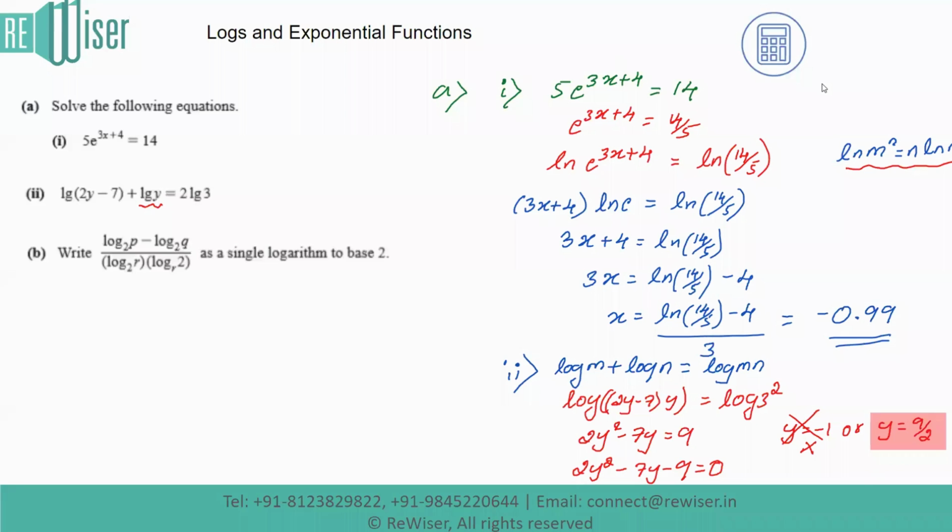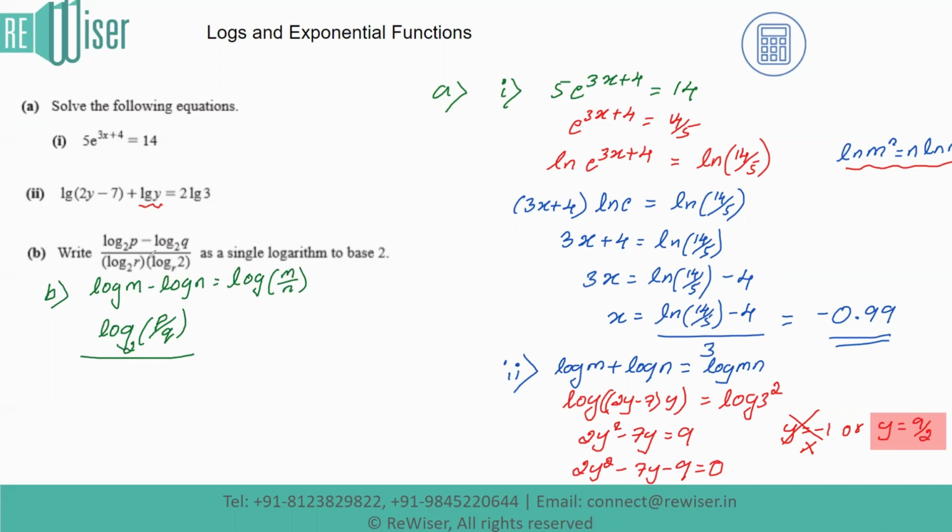Next, if I talk about part B, we need to write this as a single logarithm with the base of 2. In order to do that, first of all, if I talk about the numerator, we need to be aware of this property. Whenever we have log of m minus log of n, this can also be written as log of m over n. Of course, we need to have the same base, only then can we combine it. So in that case, the numerator we can combine as log of p by q to the base 2, and the entire thing divided by